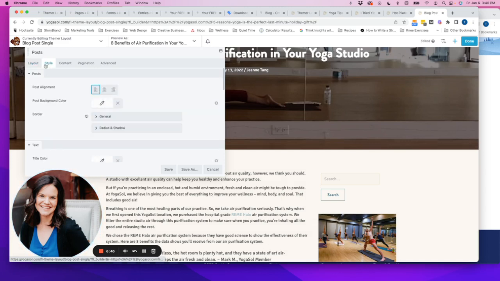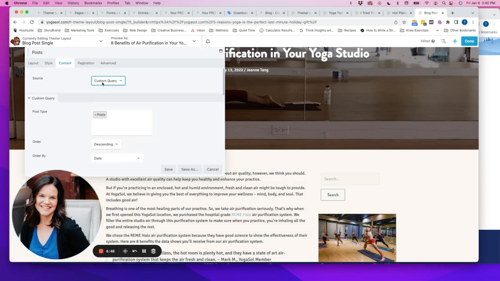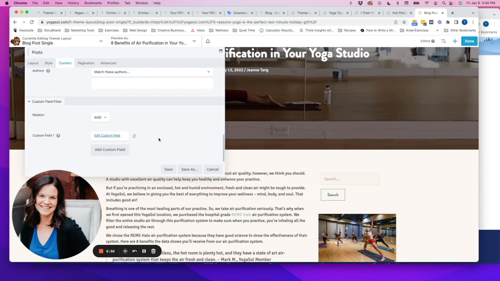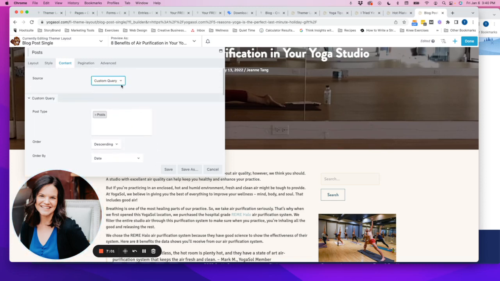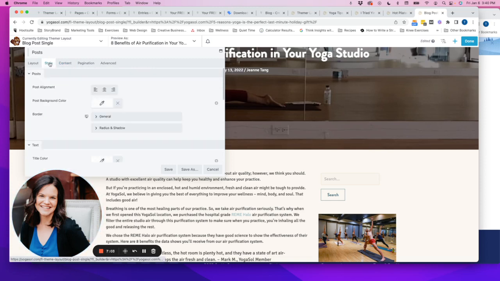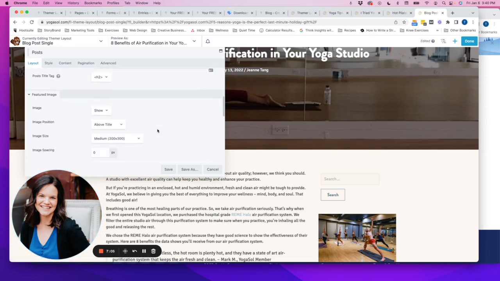We'll choose, in the content, we're going to leave that as posts. So all posts will show up on the right, but we're going to say to exclude the current